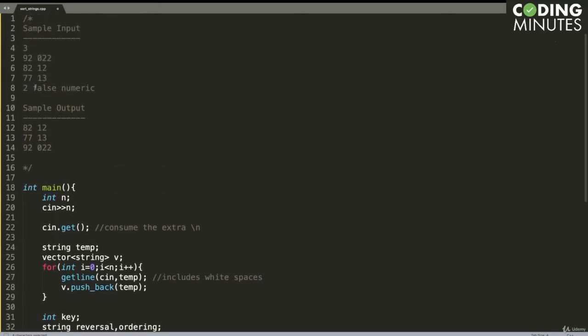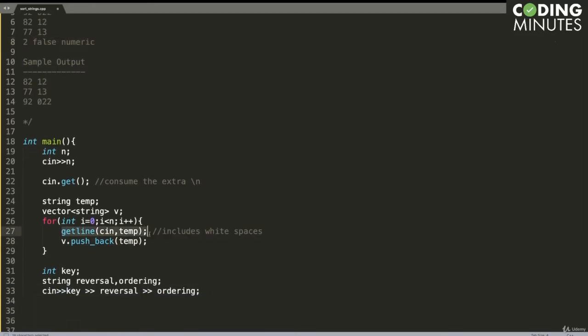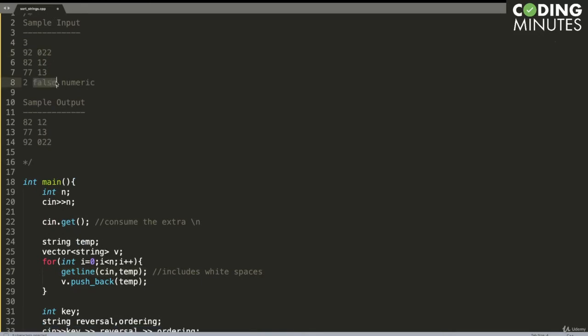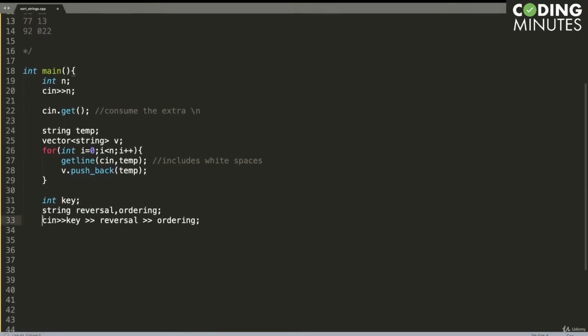So when you take cin string, it will take only the word, but if you use getline, then it will take both the word and the number in a single string. So that's why I'm using getline for this part, because I want the entire row, the entire line as one string, and here I want this word as one string. So that's why I'm using cin here, right? So I hope you will remember this regarding the input part.